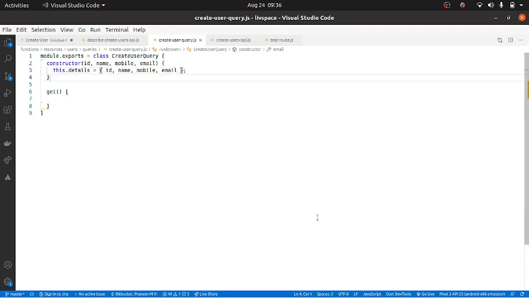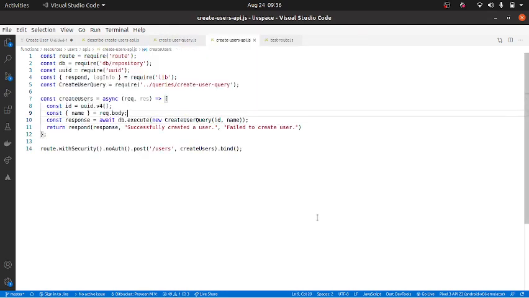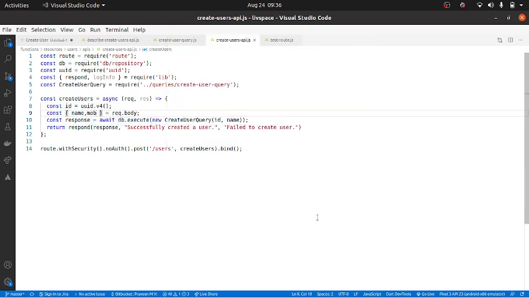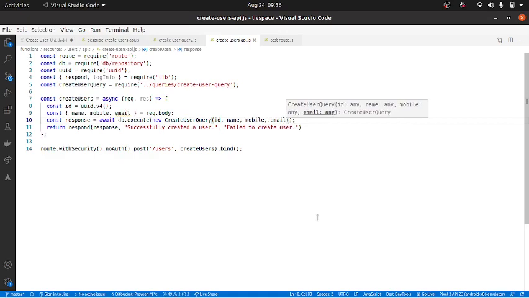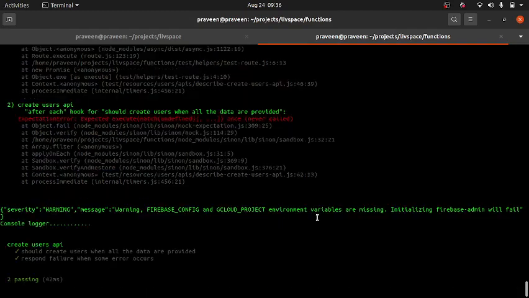This is done. And the only other thing is in the create user API we need to handle this. So we are sending, let me see, mobile comma email, right? And let me pass it here, mobile comma email. Awesome. So I am assuming this should have fixed the test cases.